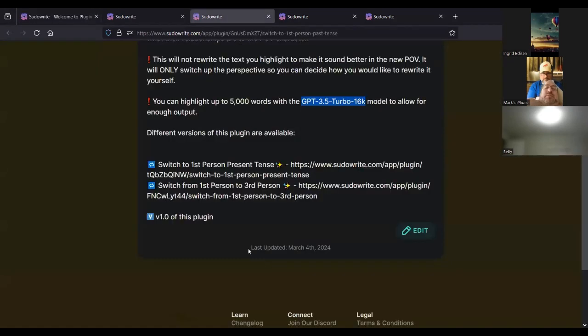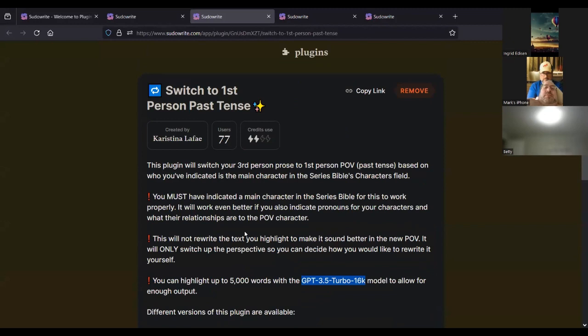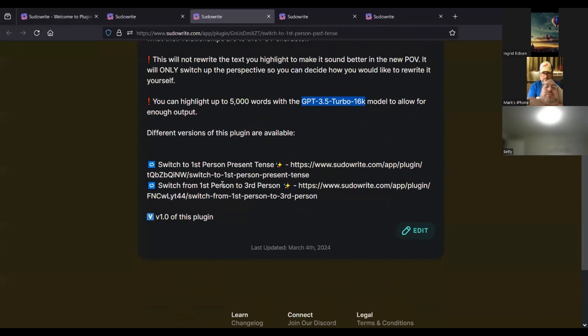Related plugins is something I do have specifically for this family of plugins where you're switching POV. This was my first plugin ever, and then other people wanted it, instead of first person past tense, to switch to first person present tense, so I made that one